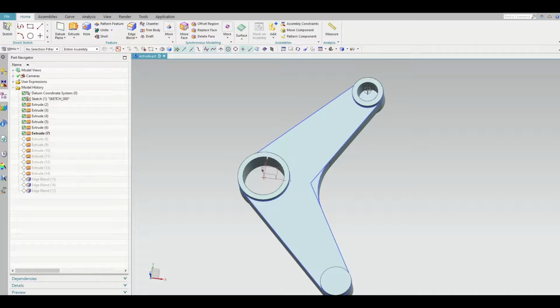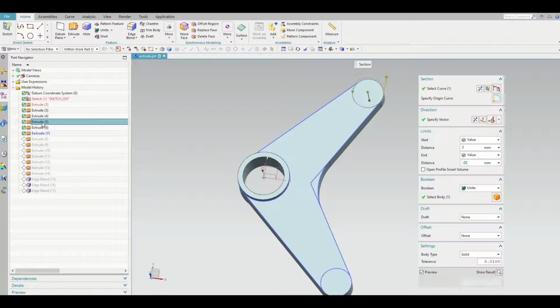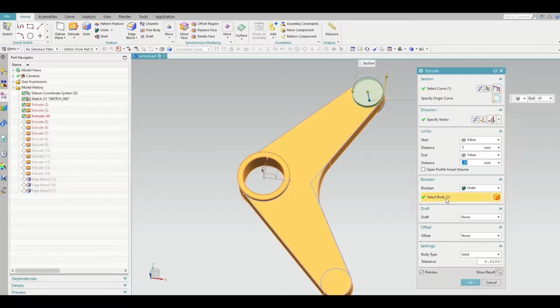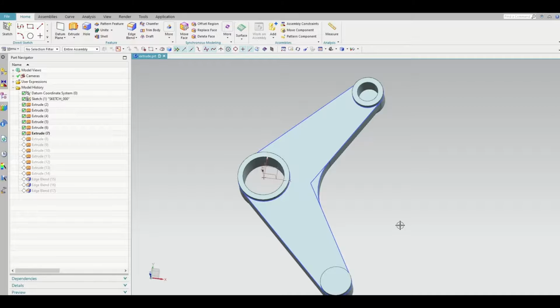Here see, the hole is not through, so let's recheck the heights again. Earlier one was not united, now it is united.